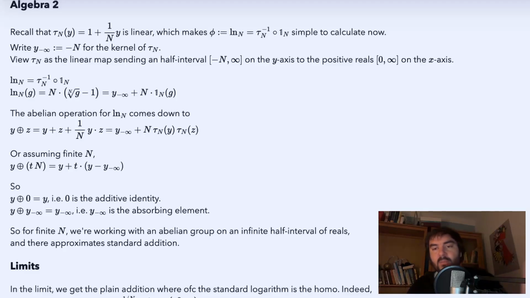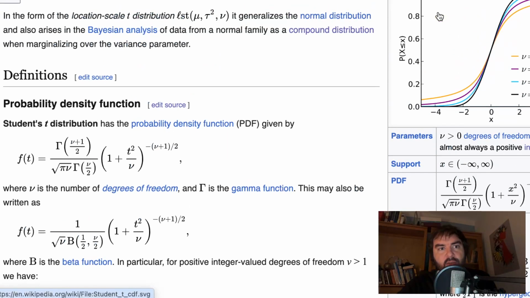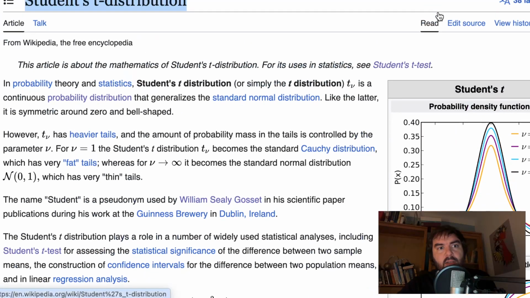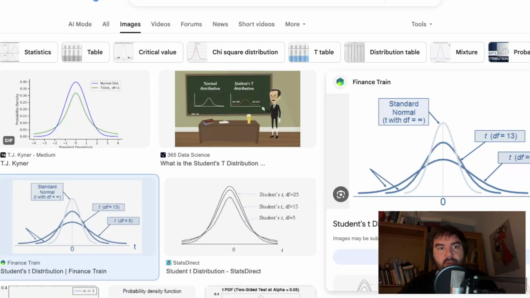For deformed logarithms, you get deformed normal distributions, which in the case of the Thales logarithm, at least for n larger than 2, you get the student t distribution,